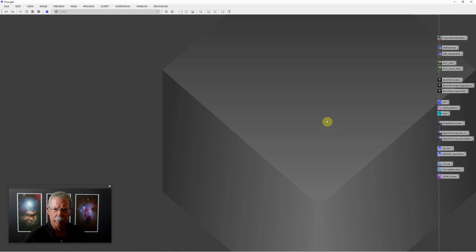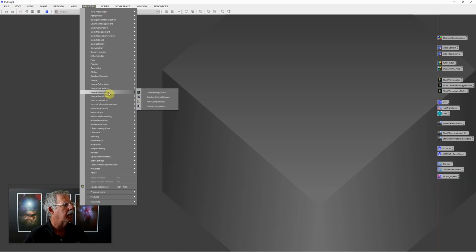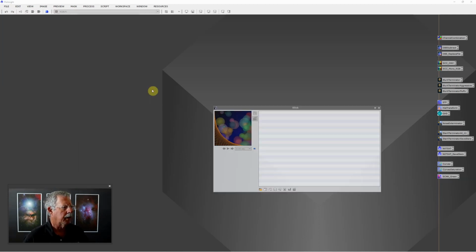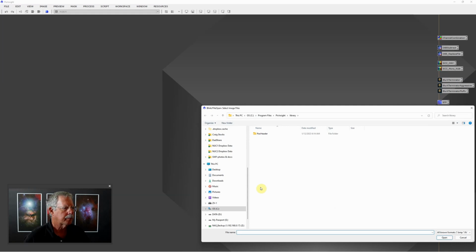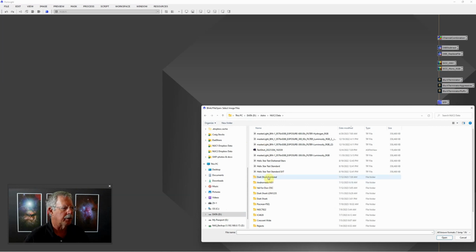As I mentioned, this was captured last night. It's about 50 frames with a one-shot color camera. And the first thing I always do in PixInsight is go to the Blink tool to make sure all the frames are usable. To do that, from the top menu bar, you would go to Process, Image Inspection, and Blink. And then once there, you have a set of icons at the bottom that you can work from. If you use the first one, which is Open or Add Image Files, you simply navigate to the folder where you have those files captured, and